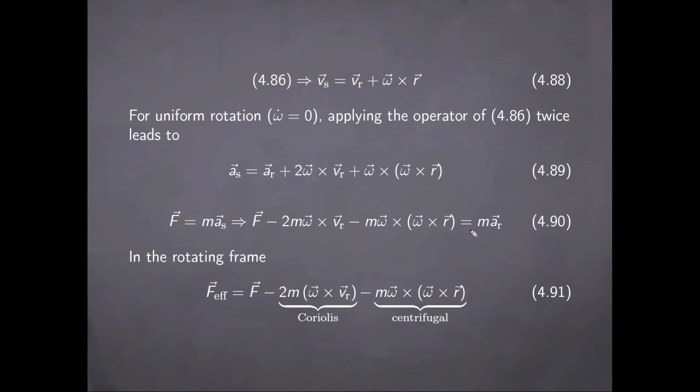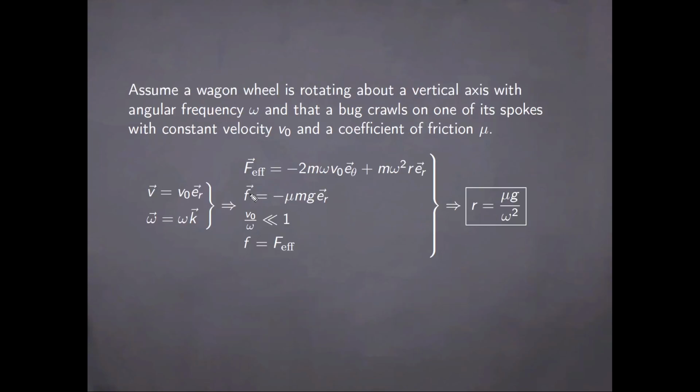And furthermore, if now we identify the right-hand side with the effective force as seen in the rotating frame, the result is that this effective force is equal to the applied force, from which we must subtract these two terms. The first is the Coriolis term, and the second one is just the centrifugal term. And as a very basic application of this important result,